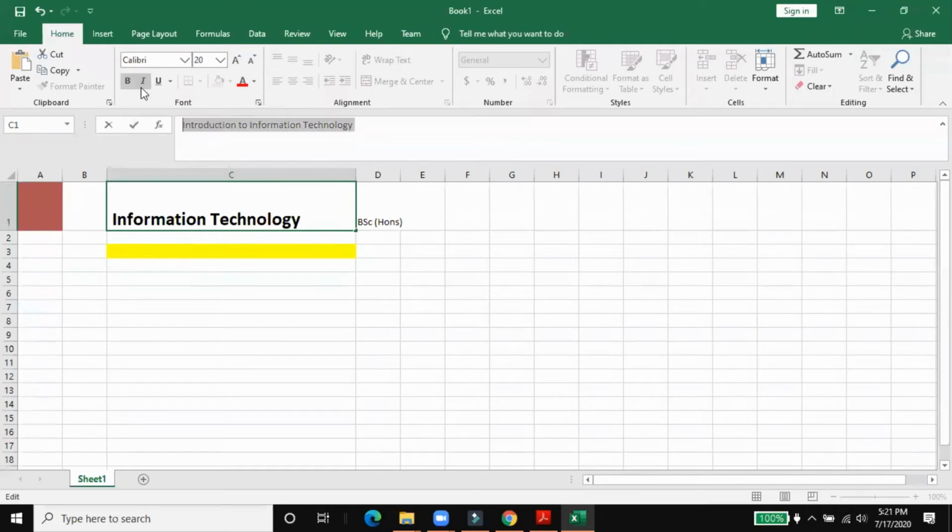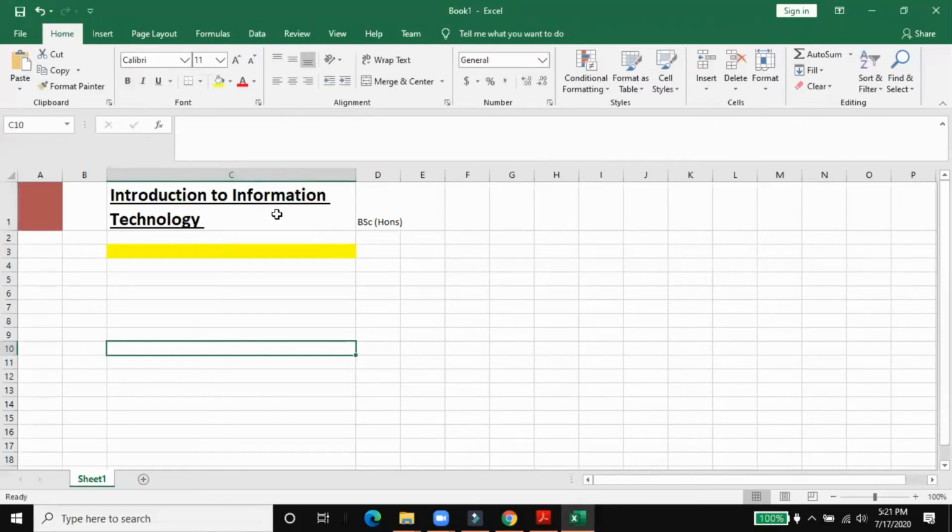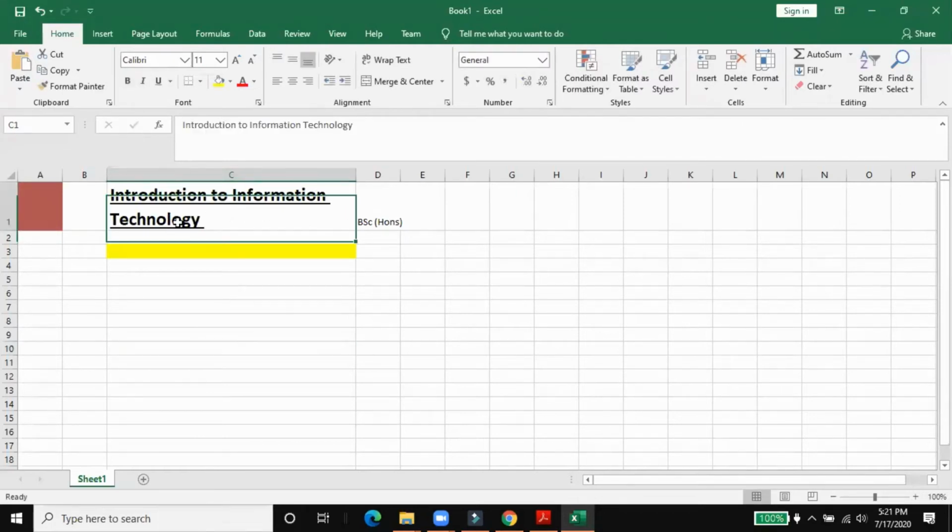If you want italic, then select italic. The keyboard shortcut for italic is Control plus I, and for bold the shortcut key is Control plus B. For underline, you can use Control plus U. If I use this one, this is Introduction to Information Technology.